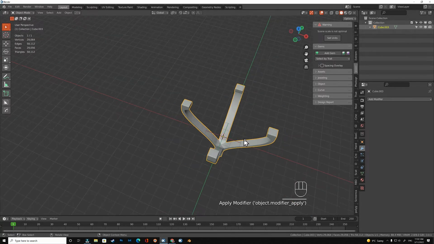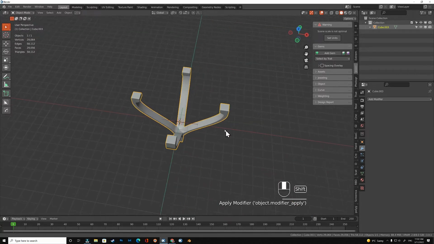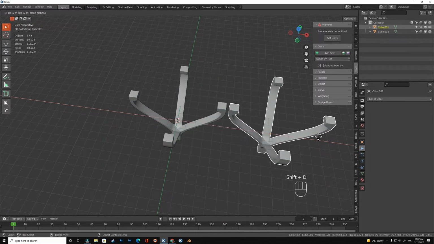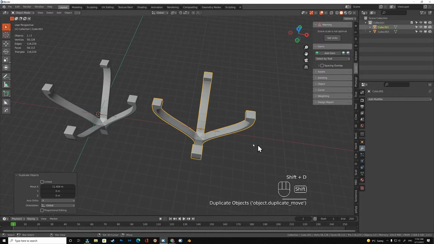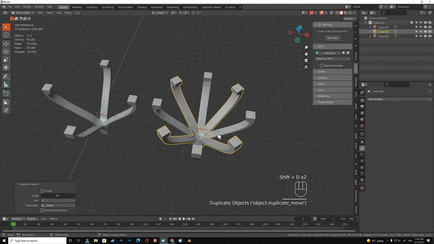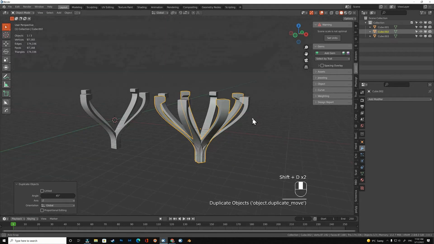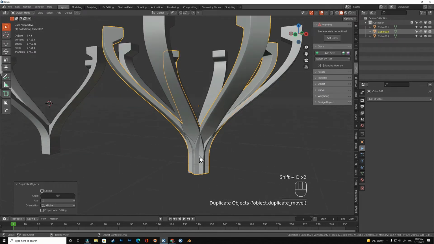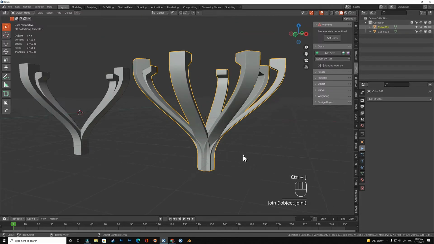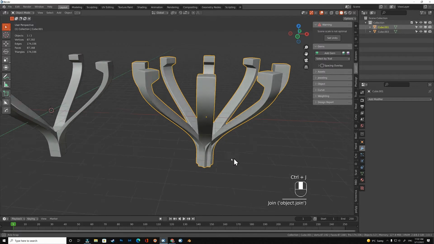If you want to make one for a rounded gem, it's easy to just grab this, rotate Z by 45 degrees. Now you'll get this shape here. If we join, see what shape we will get. You will get something like this. If you want to keep it like this, it's okay.